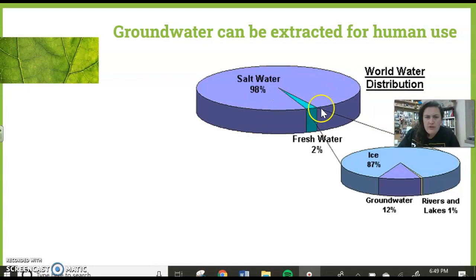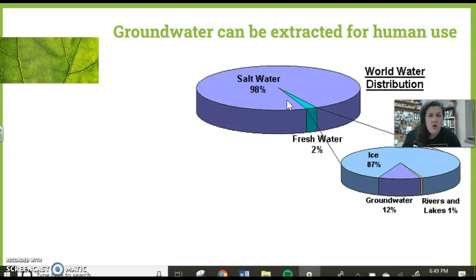So if we look here, most of the water on our planet is salt water. And we had a discussion in class about why the ocean is salty and therefore unusable. It's because all of the water that hits the continents, all the water that hits the ground, is picking up stuff as it travels, okay? So you have water that's entering into the oceans from rivers that is not 100% H2O. Okay, it's got minerals dissolved in it, it's got pollutants dissolved in it, it's got all kinds of stuff that